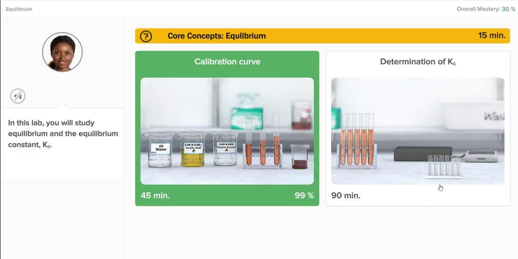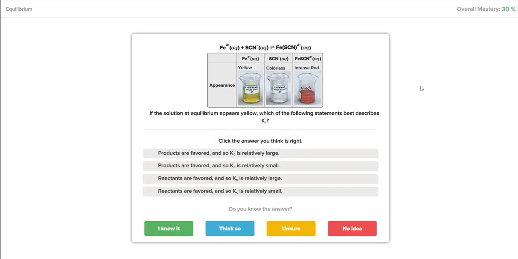So in this next second half of the lab, you're going to take the calibration curve that you used and use it to determine Kc, the equilibrium constant. So looking at this equilibrium reaction, we can see that we have 2 reactants, one of which is yellow and one is colorless, so overall yellow on the reactant side, and one product which is red, so overall red on